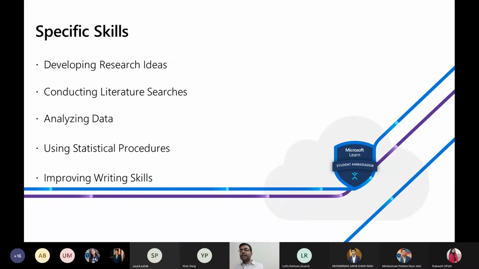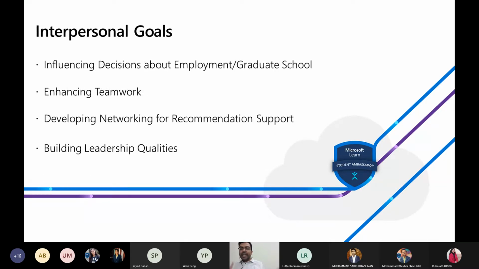So these are the special skills that I'm talking about, that you will be able to improve when you are done conducting a full research work. Right? So it is fascinating that you have so many skills already developed after completing a research work. And these are very, very important. That is why we are conducting research.